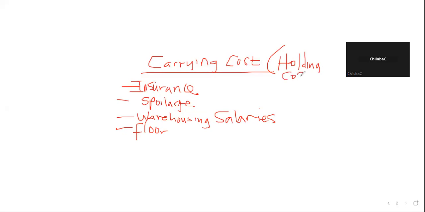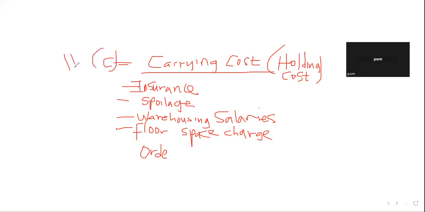Yes. So carrying cost is the same as holding cost. Floor space charge, these are examples of carrying cost. Now, what about the ordering cost? When you're ordering, you need to pay for transport. Go and order those boxes from your suppliers to your warehouse, from your suppliers to your home. So under ordering, these are just the important terms. This is denoted by C as carrying cost, or H.